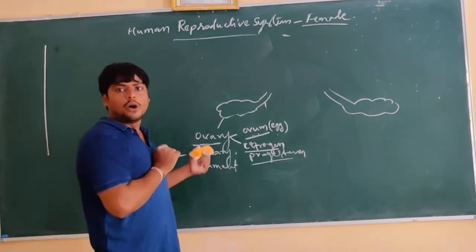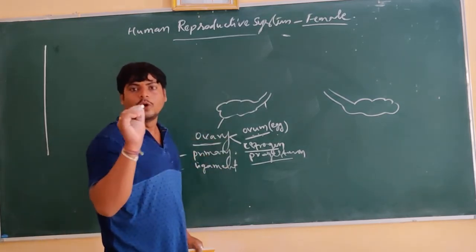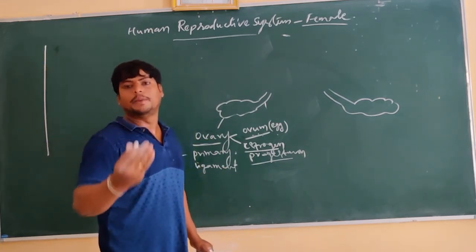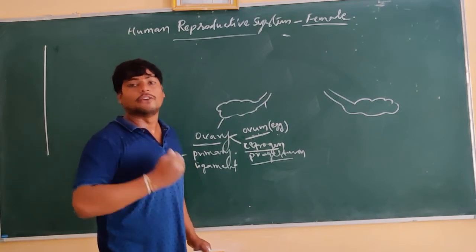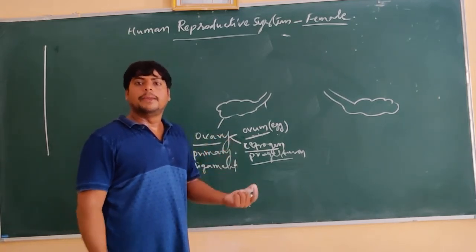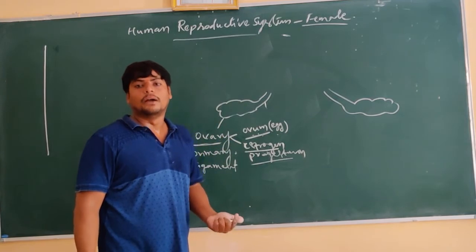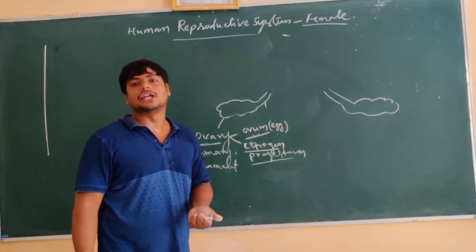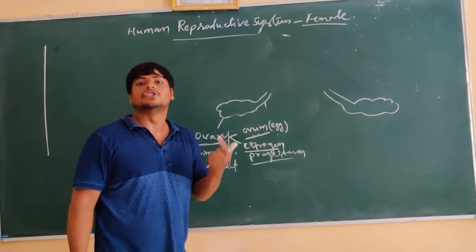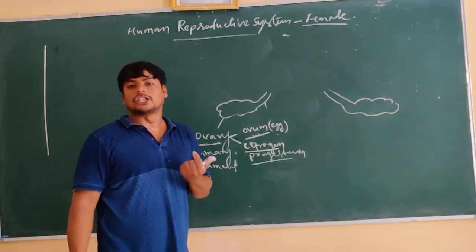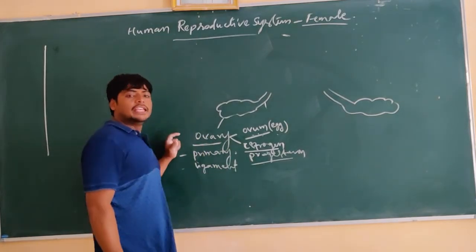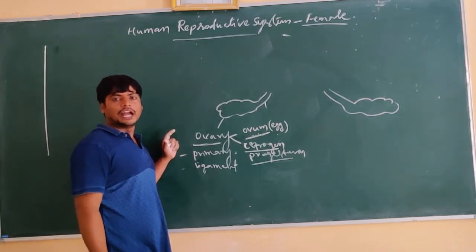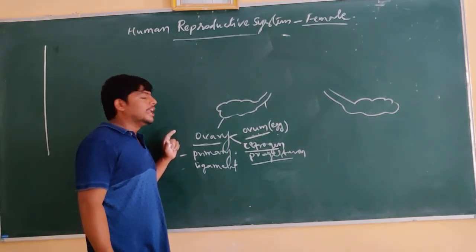If you observe these ovaries which are formed, they are not formed after the delivery of the baby. Earlier, when the baby is in the mother's womb, at that time only these ovaries are developed, but they are functionally inactive. They are not matured. They are in a functionally inactive condition. And by the time of delivery of a female baby from the mother, it consists of